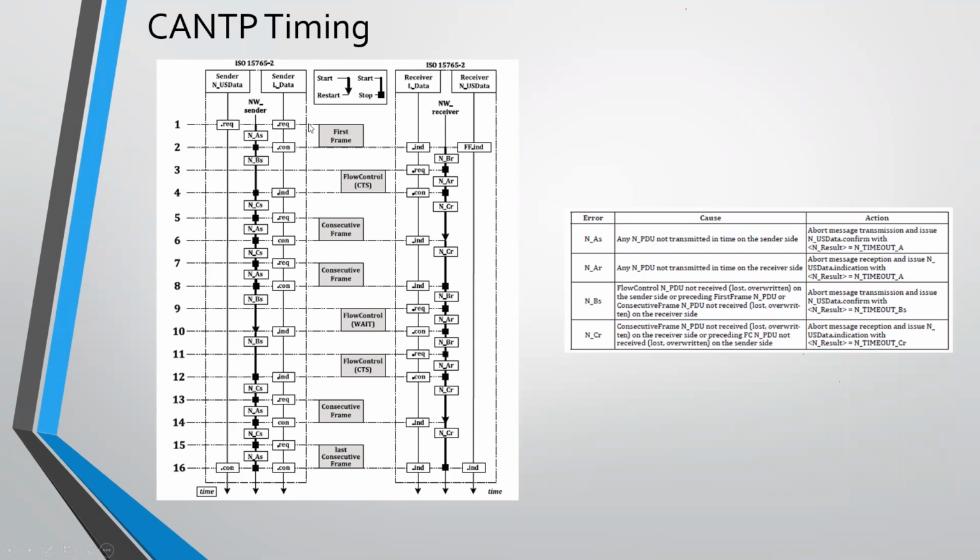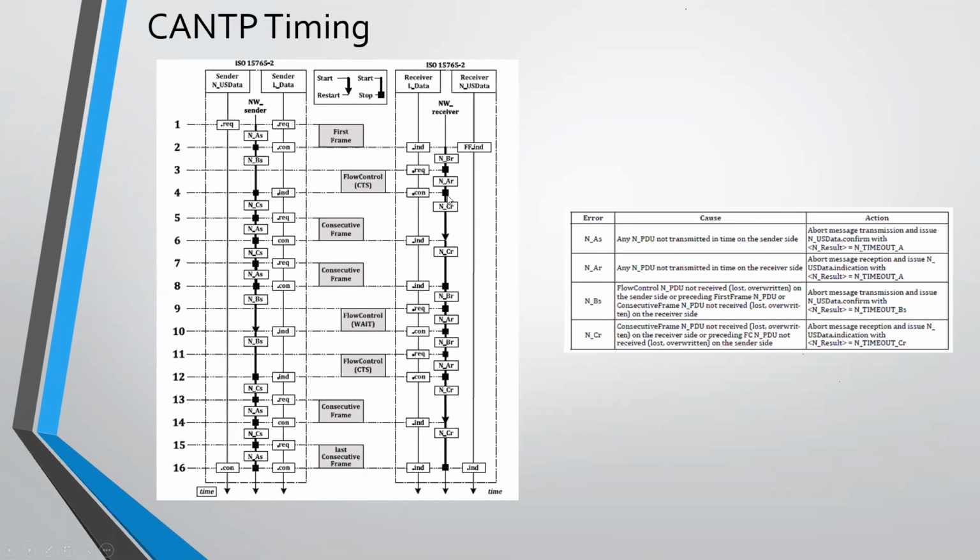So when you are coding for the CAN-TP, the first frame will go, and when the first frame has been received, the receiver has to receive the data and should send the flow control in NBR time. So it has got the first frame, and now the receiver should complete the whole process of sending the flow control till NBR time. When the receiver has got the first frame, it will send the flow control.